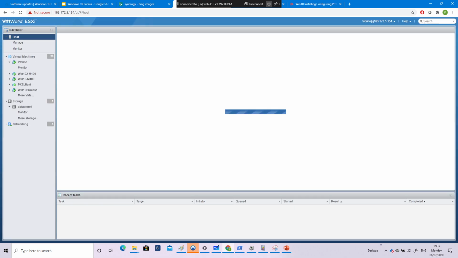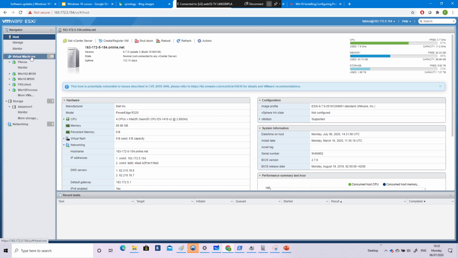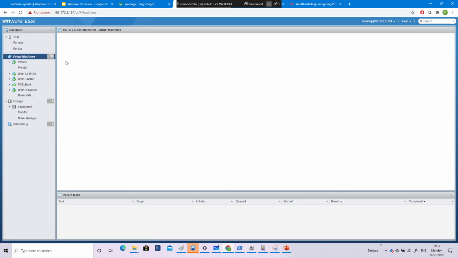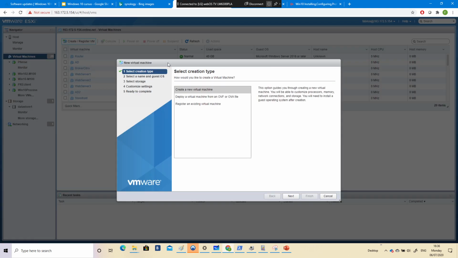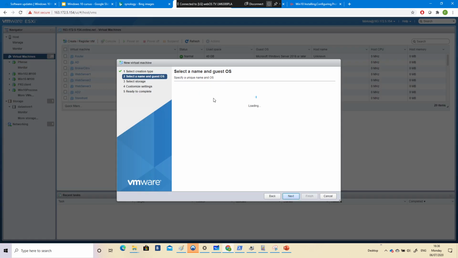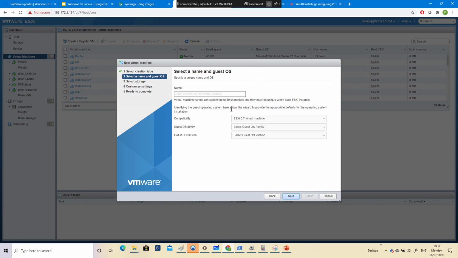Okay, so let's create a new VM. I will show you exactly the difference between the MBR and UEFI. So create a new one, and the name will be VM UEFI. Okay, so this one, of course, is better because with this one you can have